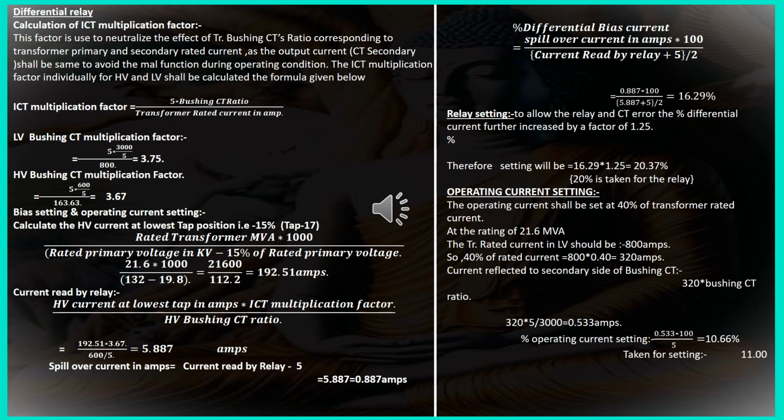And what is ICT? ICT means intermediate current transformer. Between the relay and this line CT or bushing CT, another CT is there, it is the intermediate CT. So